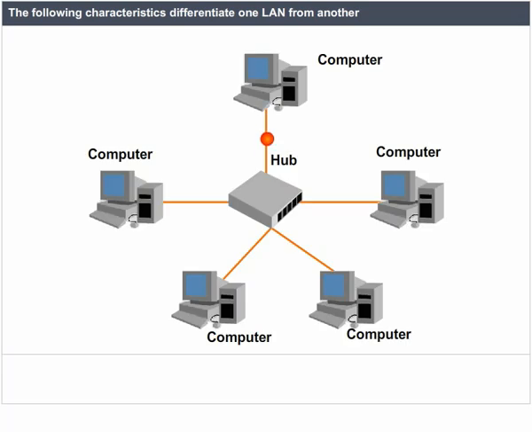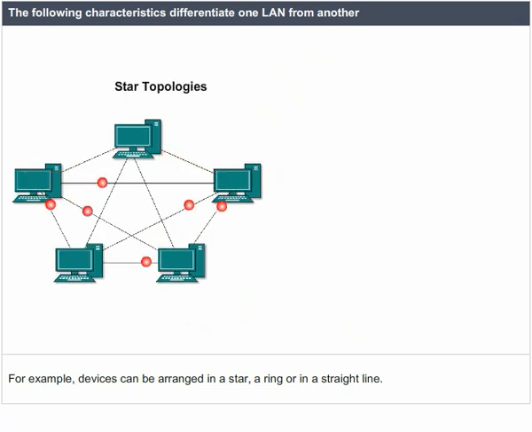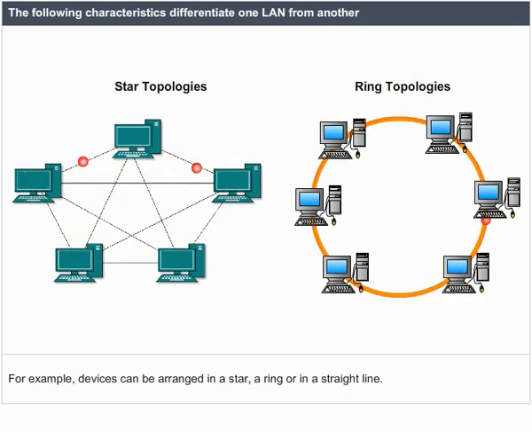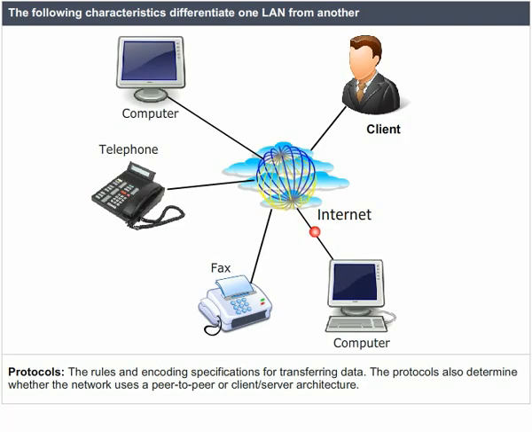The following characteristics differentiate one LAN from another. Topology, the geometric arrangement of devices on the network. For example, devices can be arranged in a star, a ring, or in a straight line. Protocols, the rules and encoding specifications for transferring data.